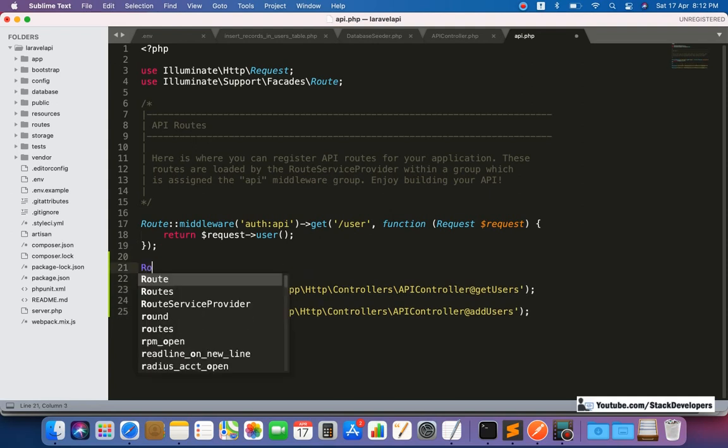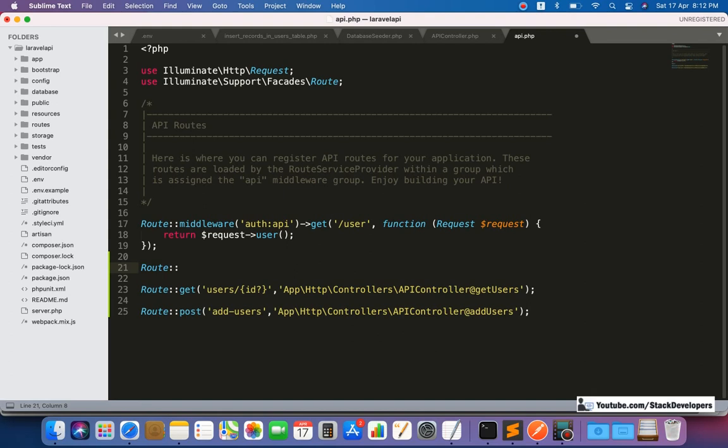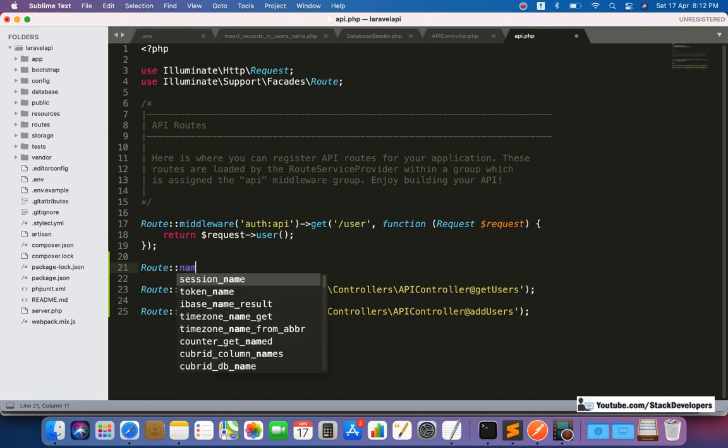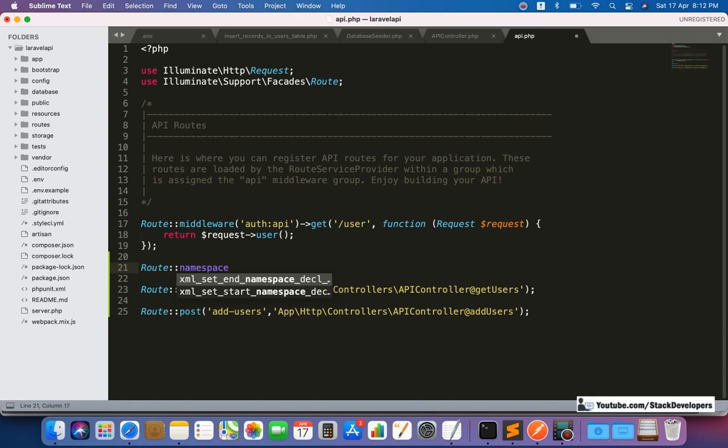We can create one namespace here and add it commonly for all, like we did earlier in the Laravel e-commerce series as well. Here we will add the namespace, spelling is correct, namespace. I am going to add this one there, like this. We will add it in a group.